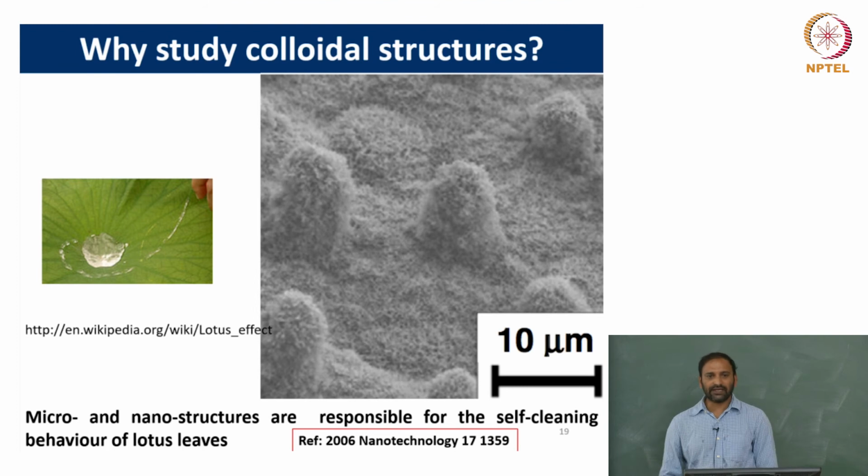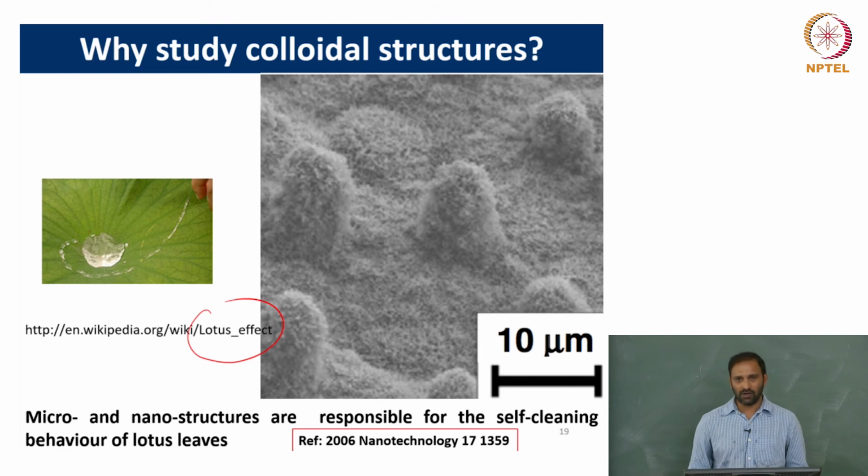So this is another example, again a common example that everybody gives, right. So there's something called the lotus leaf effect, okay. That means a lotus leaf is an example of a self cleaning surface, right. The moment water drops fall on a lotus leaf, they just roll down, right? And in that process, they take whatever dirt is there on the lotus leaf, they just carry it, okay? And it turns out that this lotus leaf effect, okay,